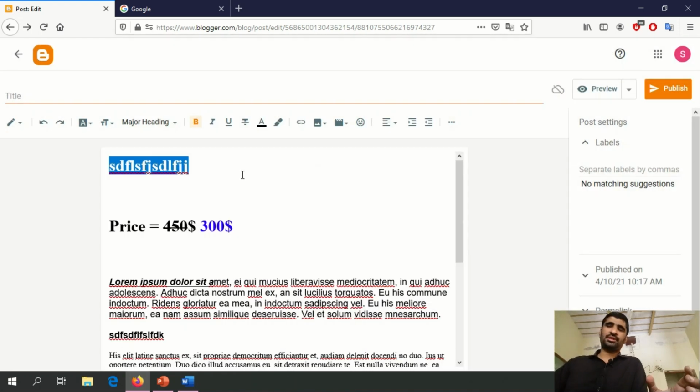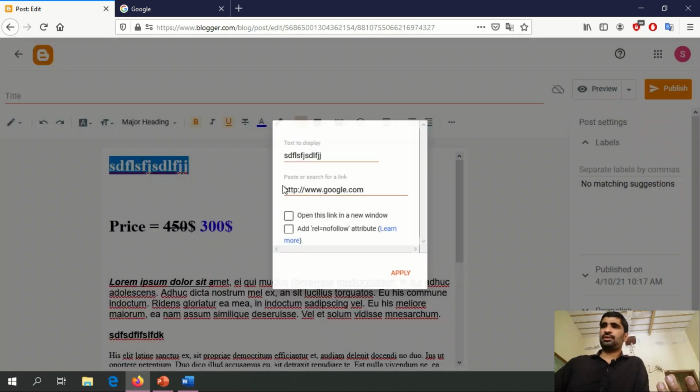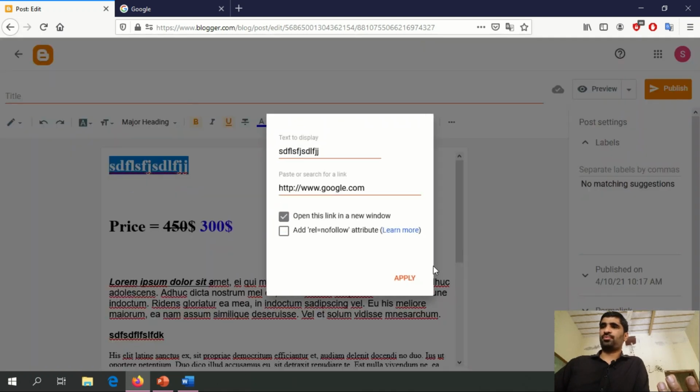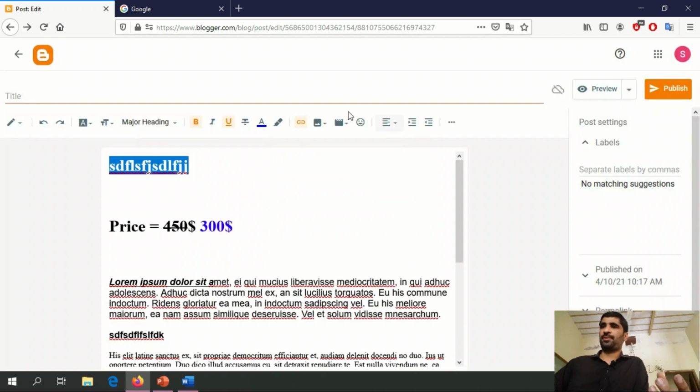So when I publish this page and someone selects this text and clicks it, it goes to Google. In this option we can also choose to open the link in a new tab or the same tab. So I say open link in a new tab.